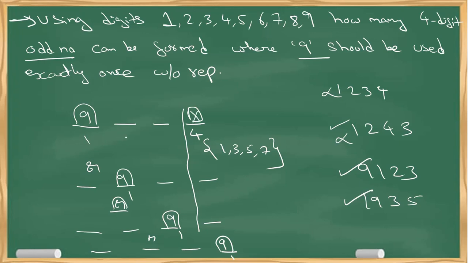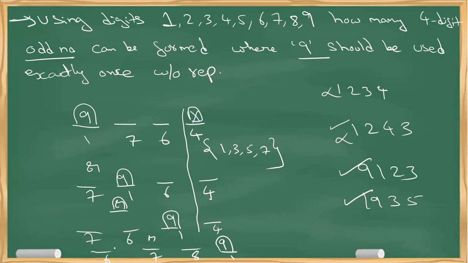How many left? 7, 6. Now similarly, this also 4, 7, 6. Same thing, 4, 7, 6. If you're smart enough, you write it only once. You write 7 into 6 into 4 into 3, because 1, 2, 3 follow the same thing. Now 9 is used exactly once and it is also an odd number. So no need to worry. How many are remaining? 8, 7, 6.